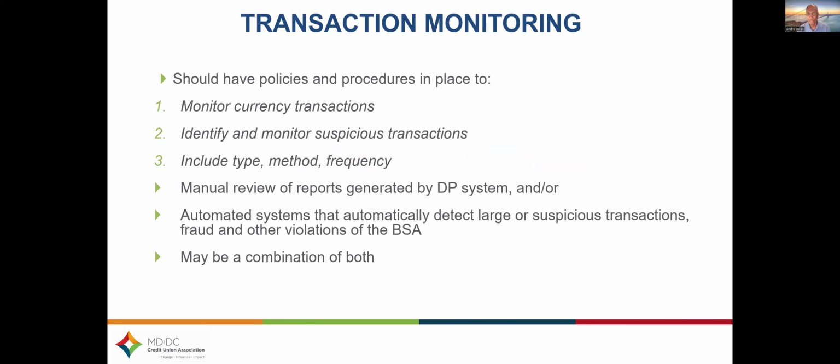You've got to monitor for suspicious activity, all types, and be able to identify what type of transaction it is. Depending on the size and complexity of your credit union, it could be manual reporting, data processing systems, however you do it, or it can be an automated system. Or, like they say, a combination of both, depending on the size and complexity of your credit union. So you want to make sure that you're able to identify any and all transactions that come to